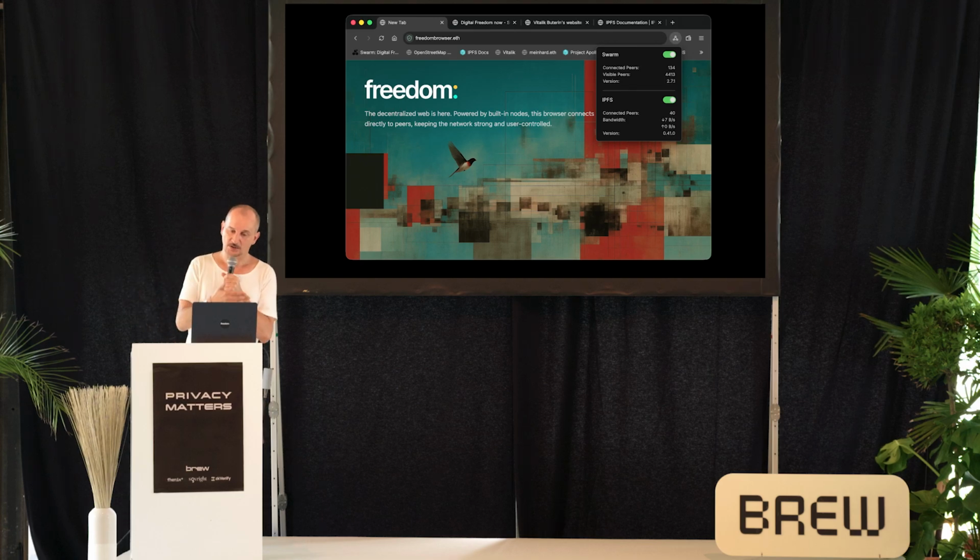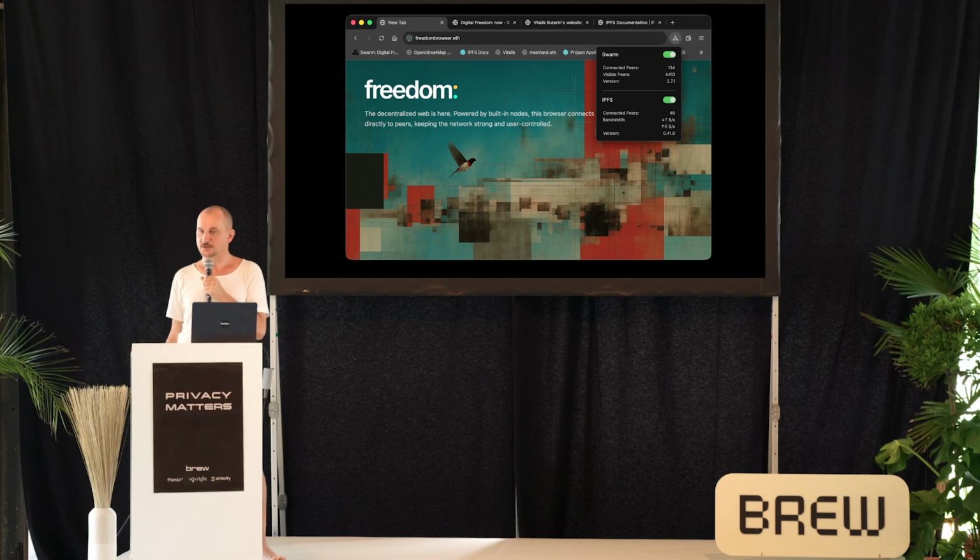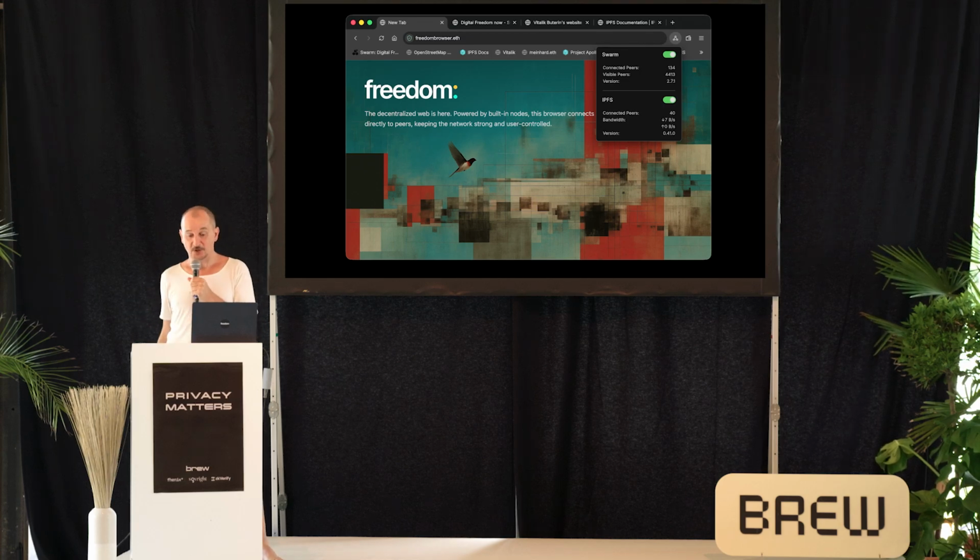So now we actually can ship this on all platforms. Freedom exists on macOS, on Linux, on Windows as well, of course. And we are about to ship mobile versions as well, which you can then download in the app stores. And this will give us a lot of reach, I think. Especially on mobile, where the experience looks pretty cool already, what we've built.